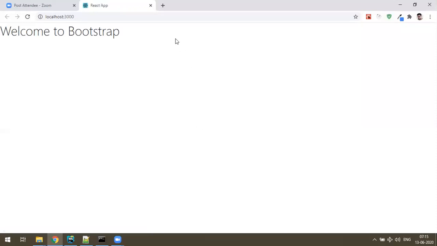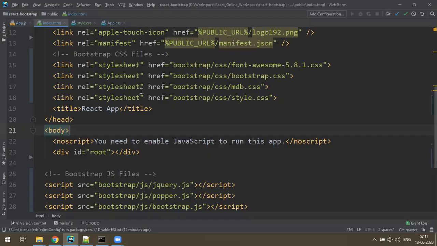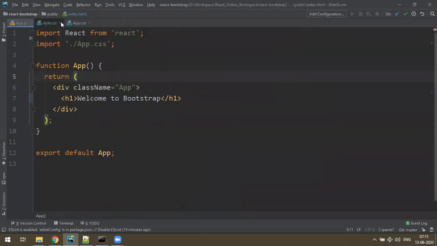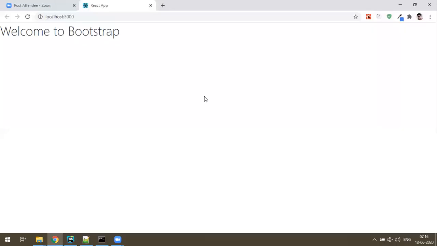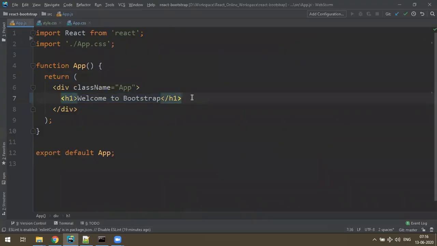See, the font has changed. It means Bootstrap has connected. Even if you wanted to know, you can do one thing in app.js, close the index. Welcome to Bootstrap is done, and I want to just check Bootstrap components now.